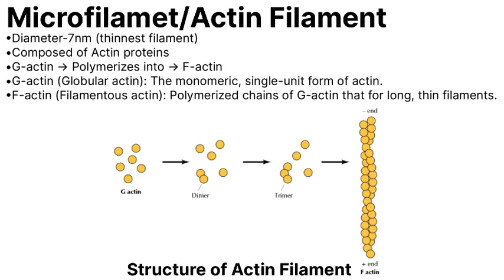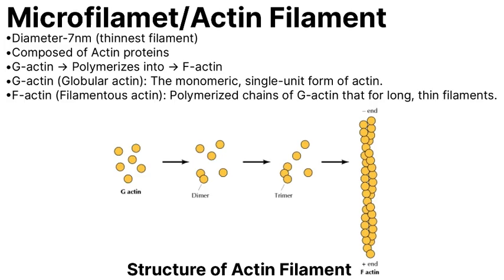So when two monomers of G-actin protein combine together, they form a dimer, and when three monomers of actin proteins combine together, they form a trimer, and so on. The actin monomers keep adding head to tail to form a long chain-like structure. When two chains of G-actin protein come together, they create a polymerized double-stranded helical structure called F-actin,